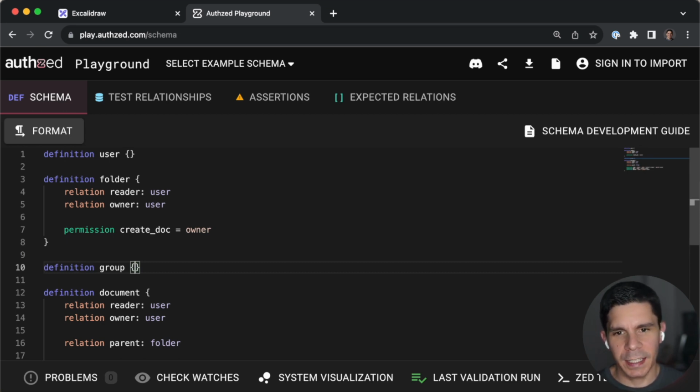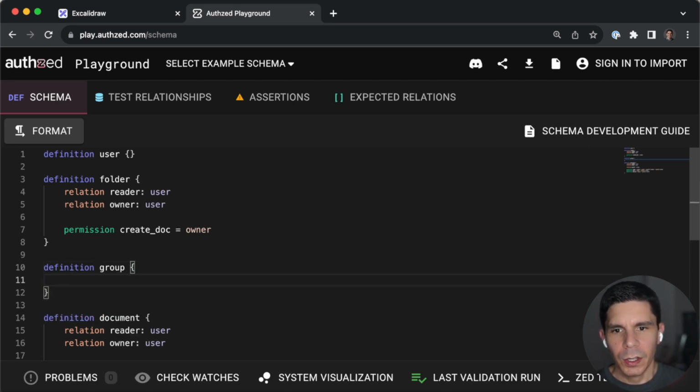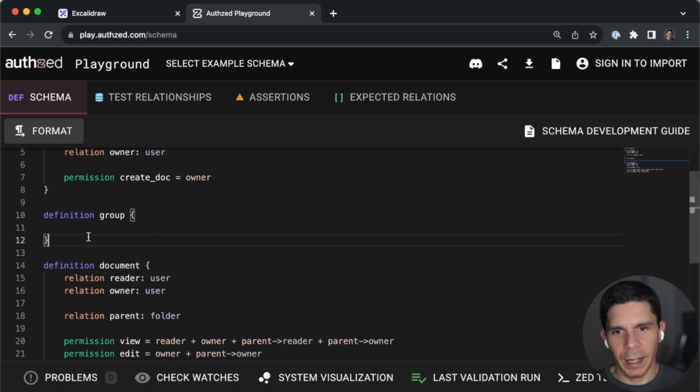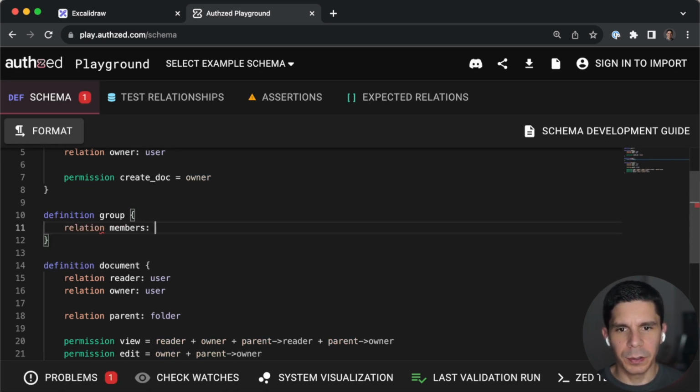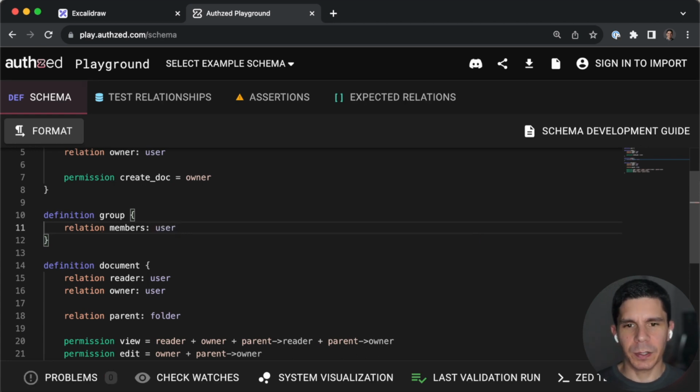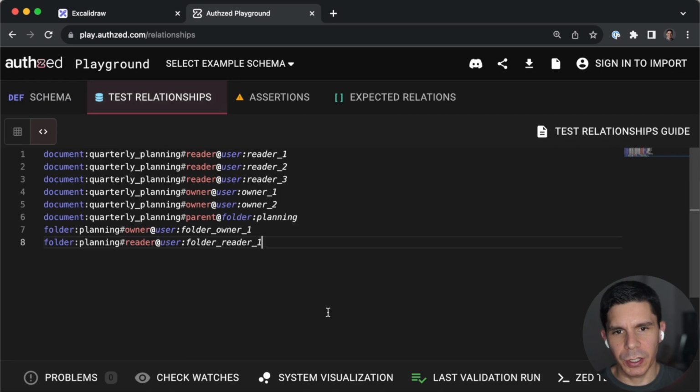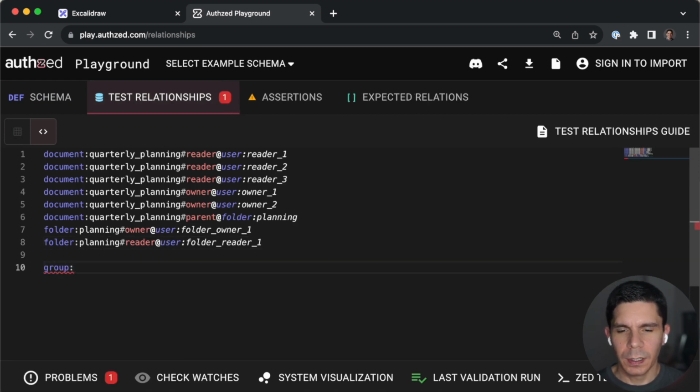Something like Google Docs has it, where you can belong to a group and then you can share a document with a group. And in fact, that's exactly what we're going to use to model here today. So within a group, I want to have a relation to members of the group, and that's going to be of type user. Okay, so we can go ahead and set up a group in our test relationships and say group, I don't know, engineering. And then we can say the users, members of the group,